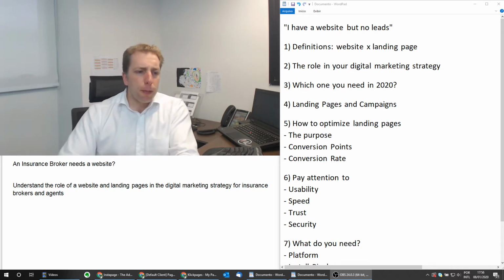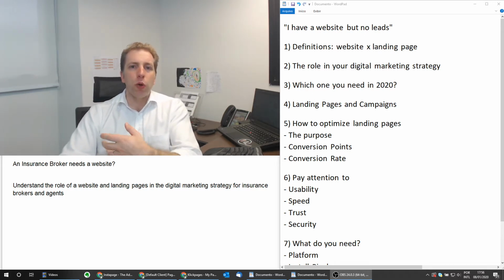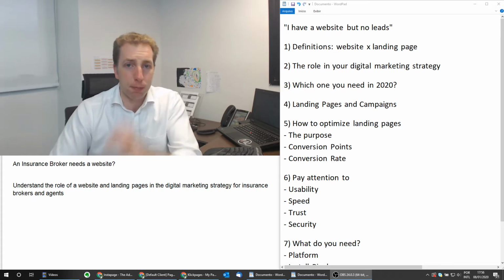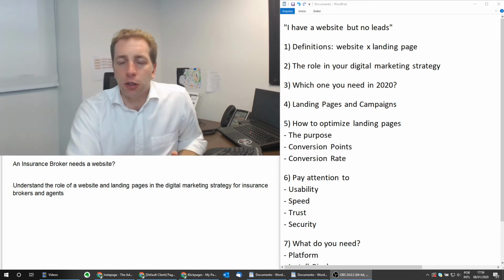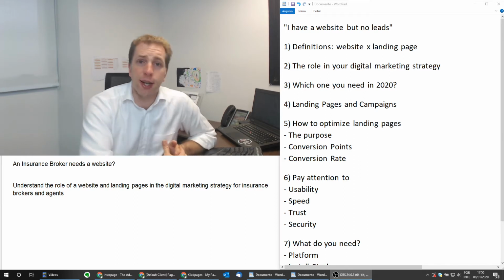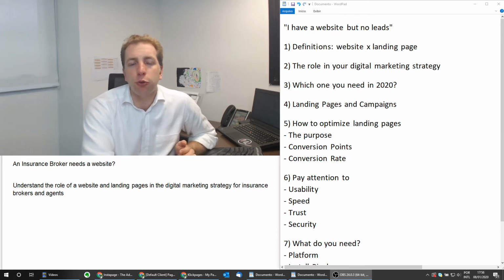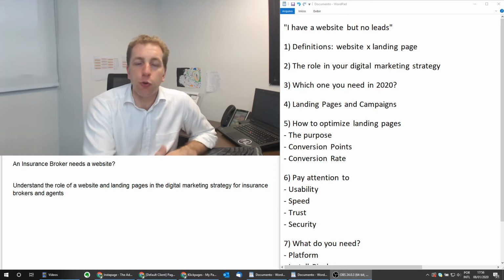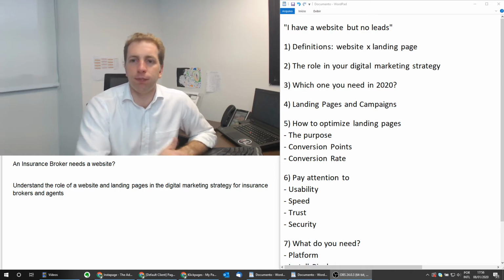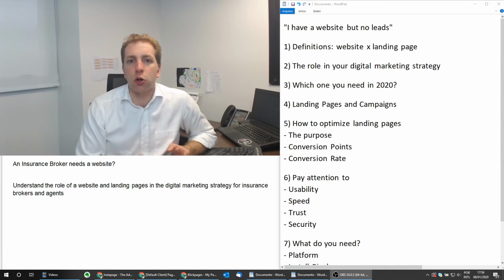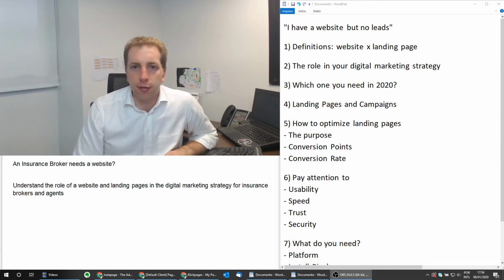So that's the thing. When you're into the landing page game and you start to create campaigns and landing pages, you want to focus on conversion rate. And the way to improve your conversion rate is through 4 things. The first one is usability. Your landing page needs to work well regardless of the device.